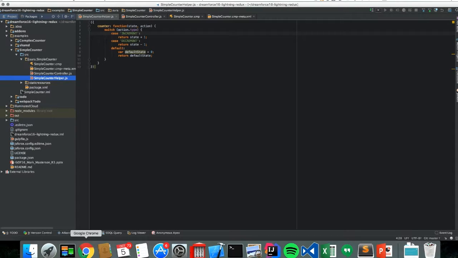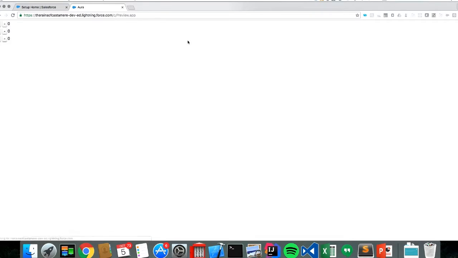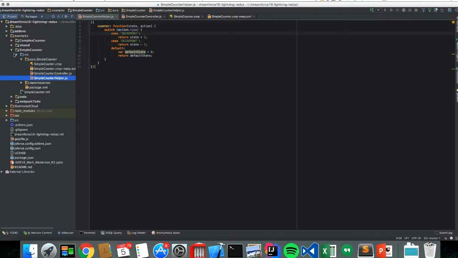To get just a tad more exciting, we're going to introduce a little bit of shared state. So now we have what we're calling the complex counter example. We have 3 different counters, but they're all sharing the same state. So if I decrement 1, all of them decrement. And if I increment 1, all of them increment, because they're all sharing the same store. But they're all 3 separate Lightning components. And to show that to you,